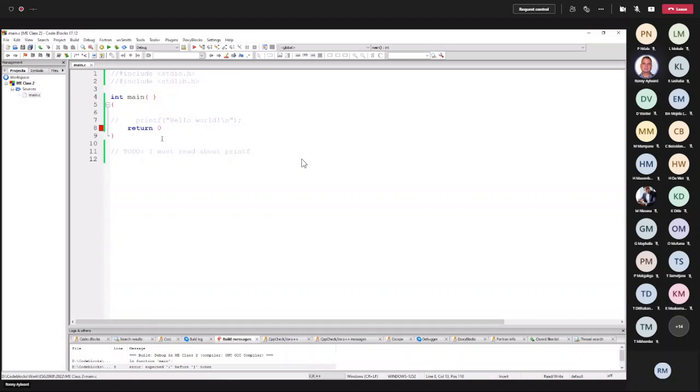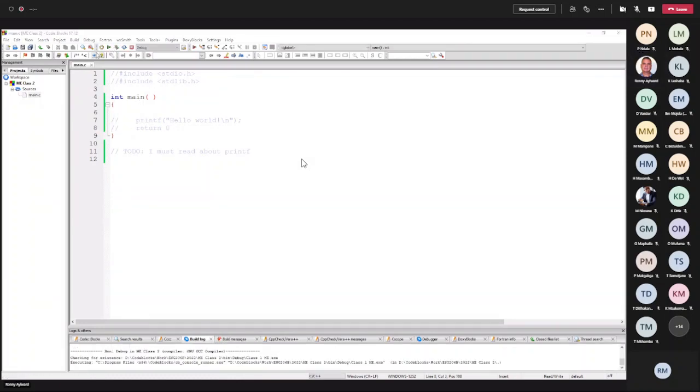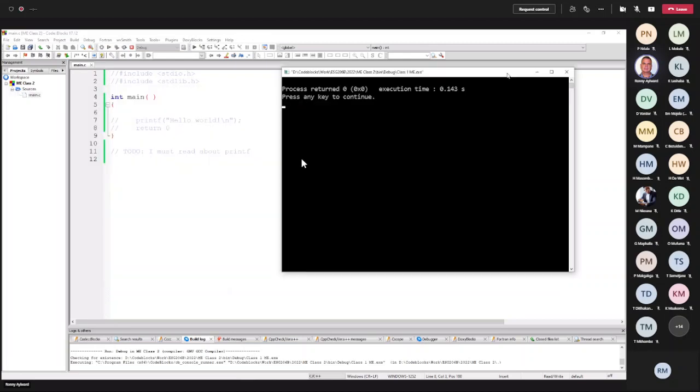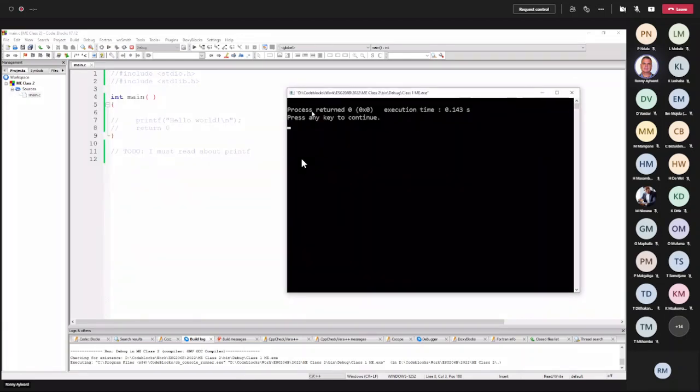Okay, so there's a couple of ways of fixing it. One way of fixing it is to make it a comment, and now the program compiles and runs, so the error has gone away. So you know that that line is the one that is creating the problem.